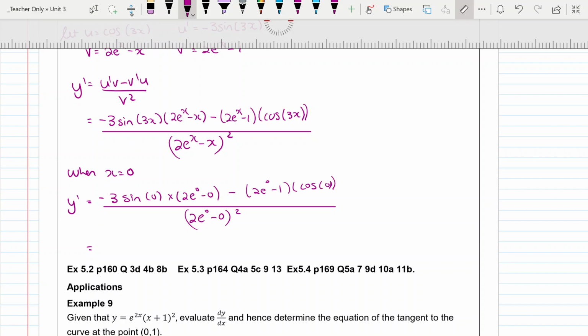And that gives me sine of 0 is just 0. So that whole first term is just 0. But cos of 0 is 1. Okay, so we've got negative 2 take 1, which is just 1, over 2 squared for